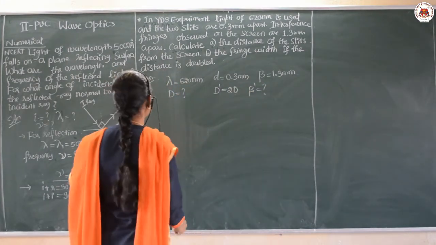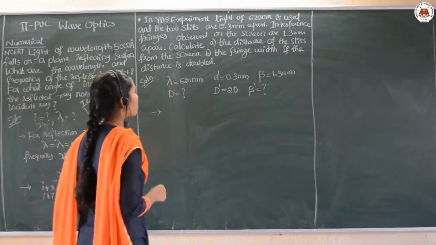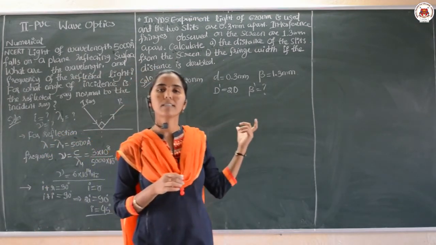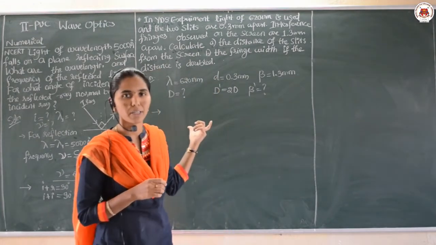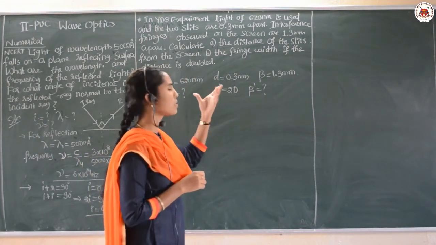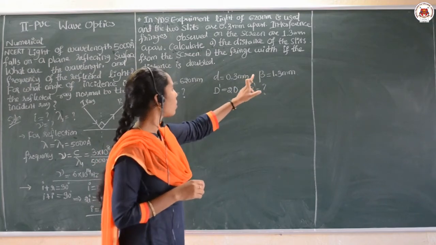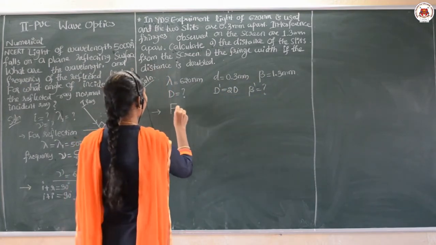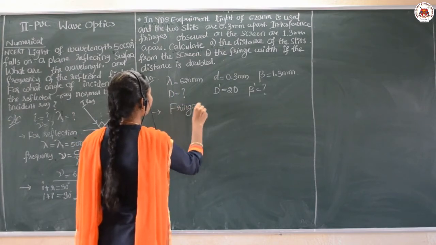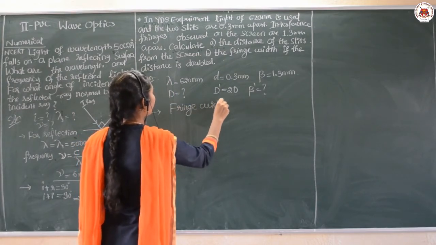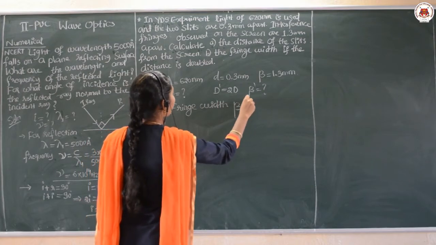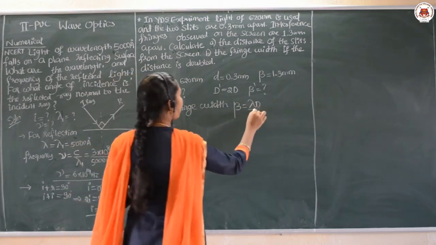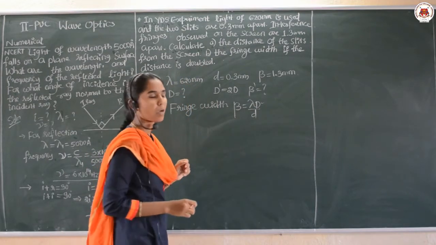Yes. Then let us start with the derivation. See dear student, when such a question is given, first you have to think about which is a suitable formula to solve this numerical. And when it is asked like this, obviously it is the formula which interconnects all these quantities, that is the fringe width beta is equal to lambda D by d. This is our formula. Then with the help of this, first we calculate the capital D.